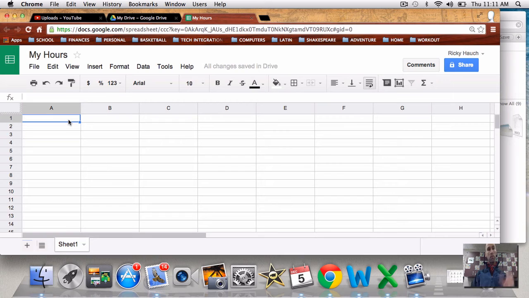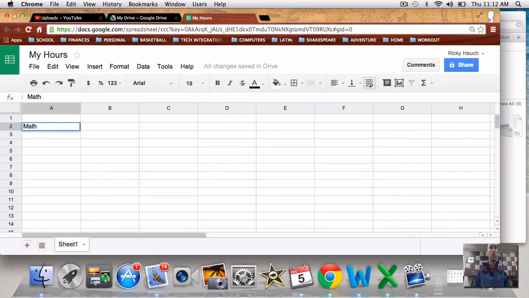But the next thing that I'm going to do is I know that I want to have, let's say, all these columns be the days of the week. We'll start with Sunday and then travel all the way to Saturday. And then here are going to be kind of the categories for the days of the week. So let me just double check and make sure I got this right. So they're going to be the subjects. So for instance, we'll have